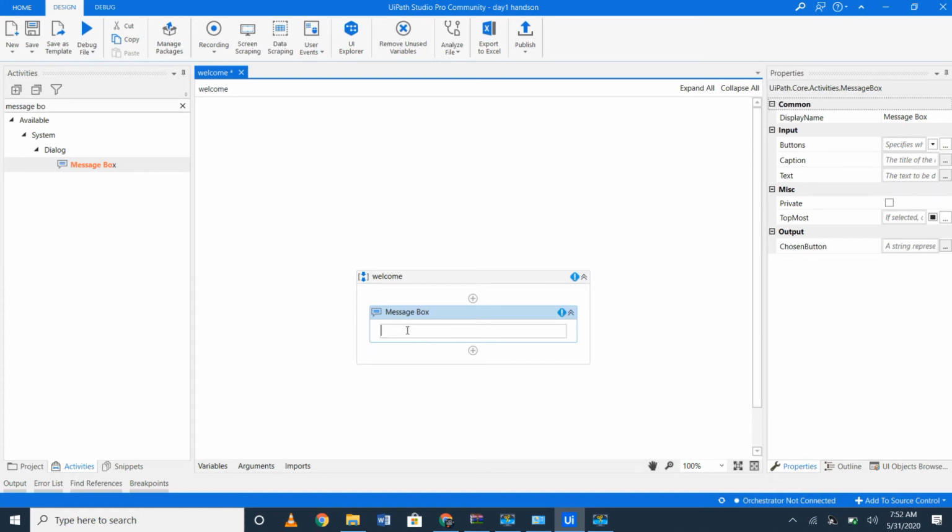Now we have to type our text. It has to be typed under quotes. So I'll type "welcome to RPA workshop day 1 hands-on." Yes, that's it. We have typed the welcome message. Now when you save and run,